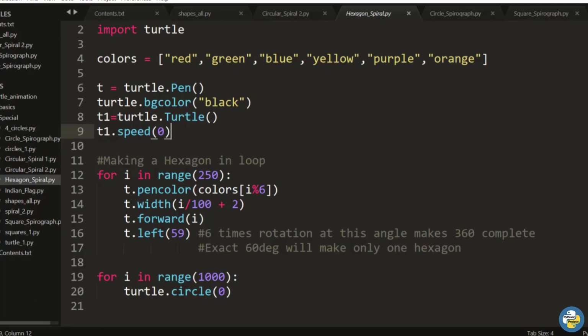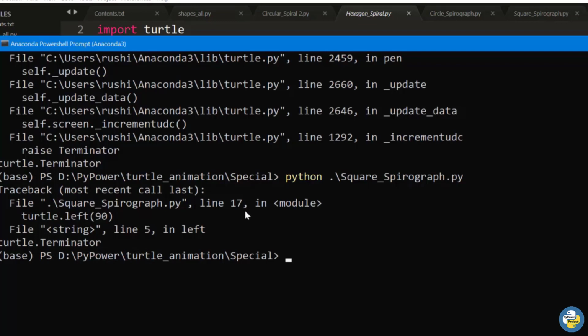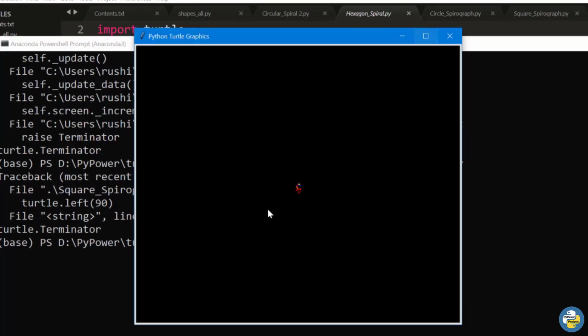So before that, let's see the output of the hexagon spiral. Just wait and see. A wonderful design will be drawn in a few seconds.